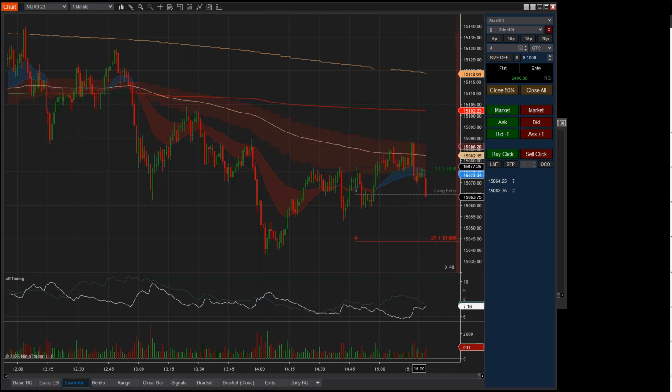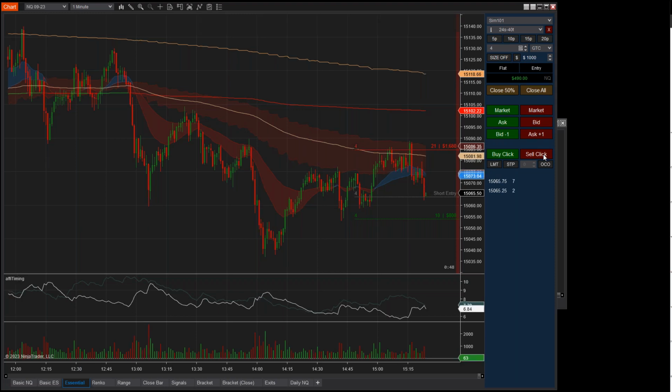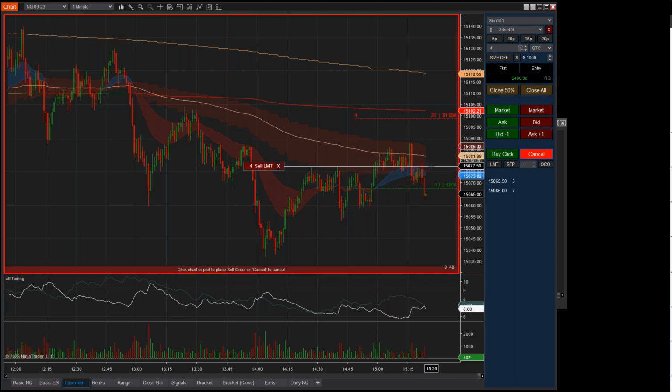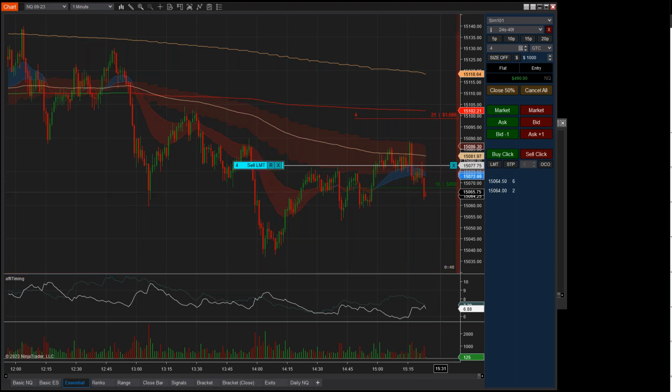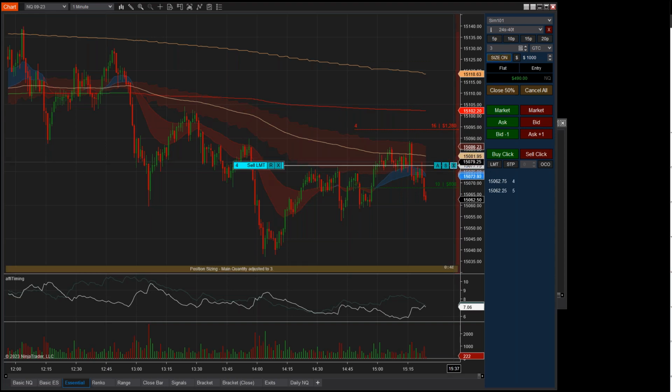I think it's Anka who discussed position sizing from Trade Out Loud. I wanted to show this because I think it's one of the best position sizing tools, if not, I haven't seen anything better on the platform. So if I'm using position sizing, let's say I want to risk $1,000 on the NASDAQ, and I'm going to sell up here. Okay, as I move this around, size is off, I have to turn size on and then restart this process.